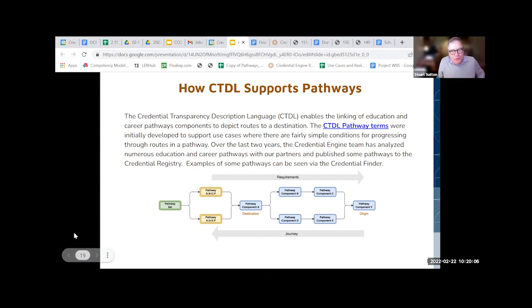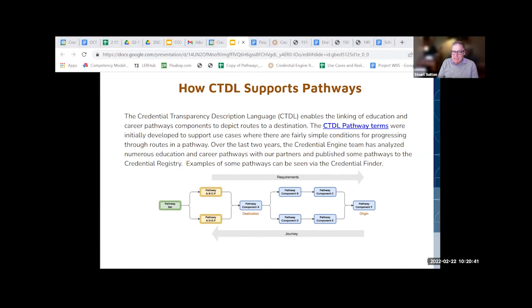If you've been watching the CTDL's development over the last 3 years, since 2019, you'll know that we've integrated into the CTDL the capability to describe pathways. And what we are going to be doing with this new task group, which will be spun up at the beginning of next month and will meet for a couple of months, is what we call constraints. And let me give you a little bit of history.